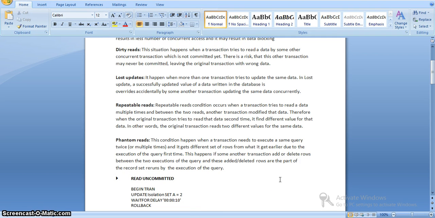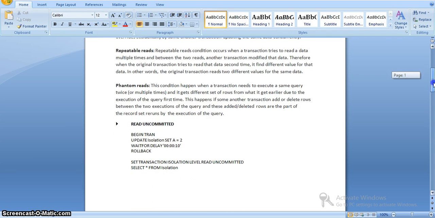And coming to the phantom reads, phantom reads means, again, with two different transactions, one transaction returns some n number of records, and in the same transaction if you run the same select query and it returns some extra records or fewer records, that comes under phantom reads. Nothing but it gets a different set of rows from what it got earlier, due to the first execution of the query. This is due to some other transaction inserting or deleting data in that same table. So in our current transaction we may see a different number of records in each execute statement.